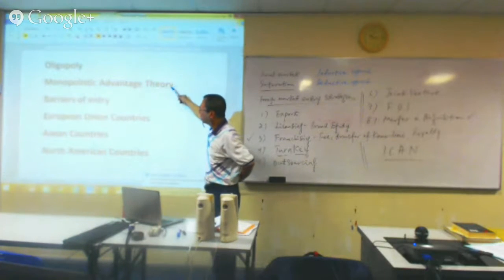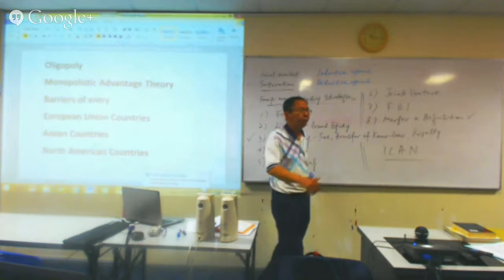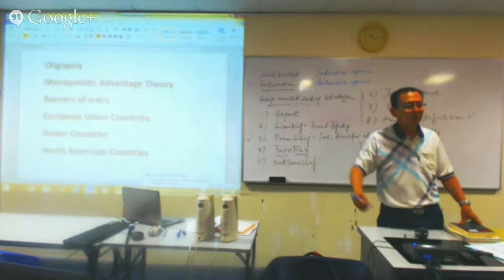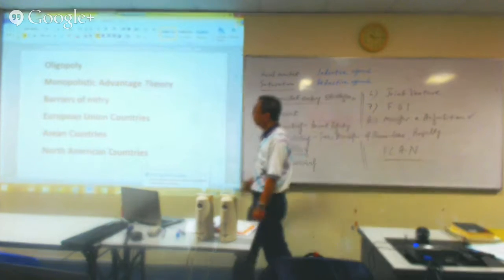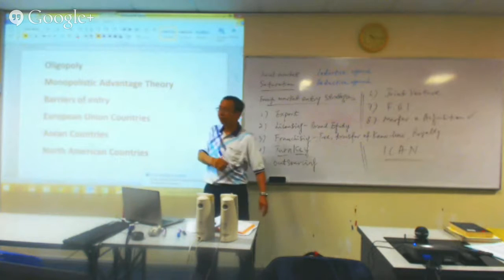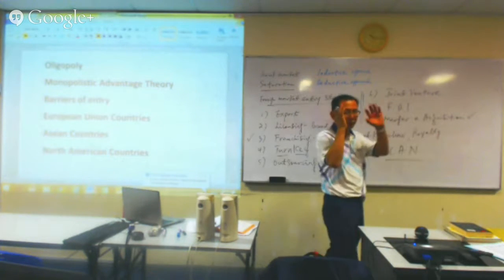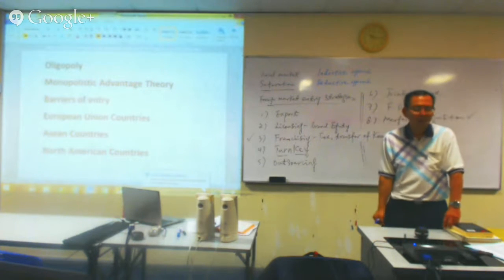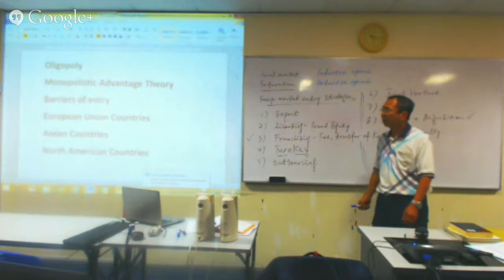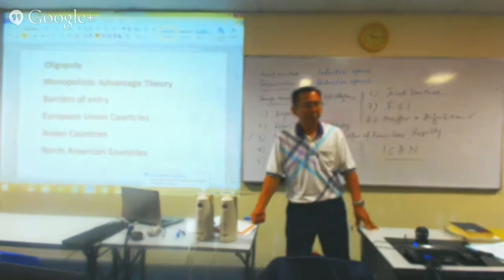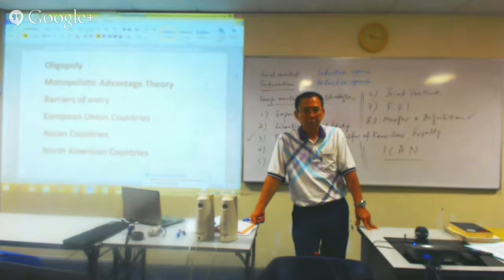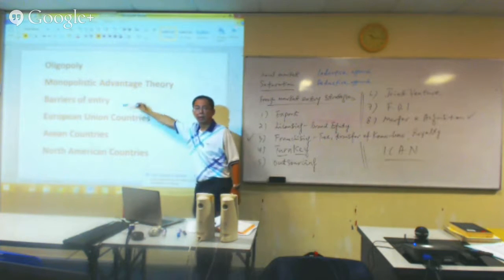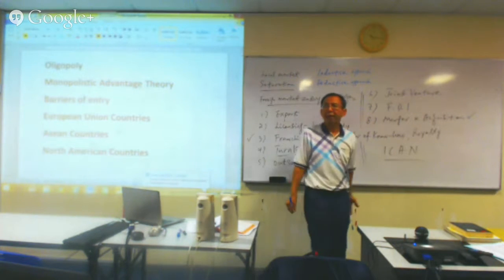There is another statement here which can be very useful when you describe those companies that have gone international. Very often we use the statement of monopolistic advantage theory. How do you apply it correctly in the context of presenting your answer? Monopolistic advantage theory is actually related to oligopoly, except we are looking at MNCs who can gain entry to a host